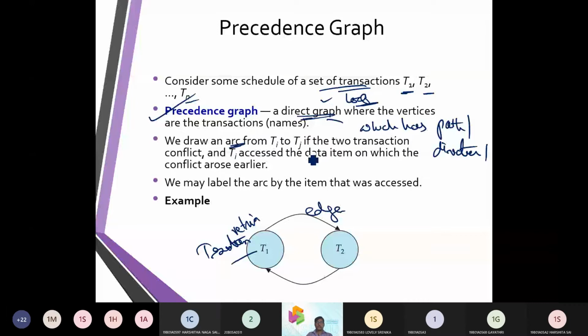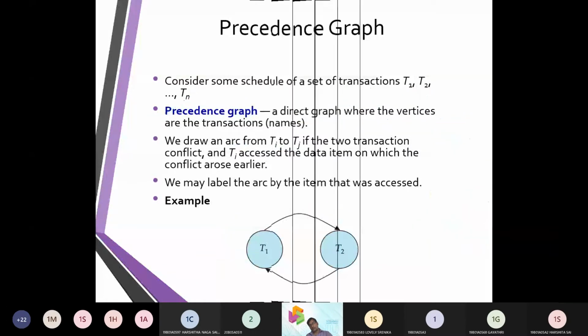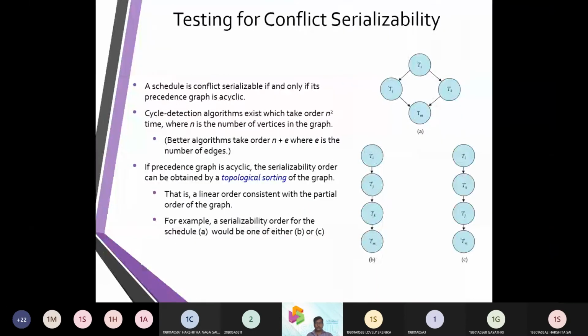So we get an arc from Ti to Tj, etc. So we can draw from T1 to T2, or from T2 to T1. In this model, we will be in a position to figure out the precedence graphs.